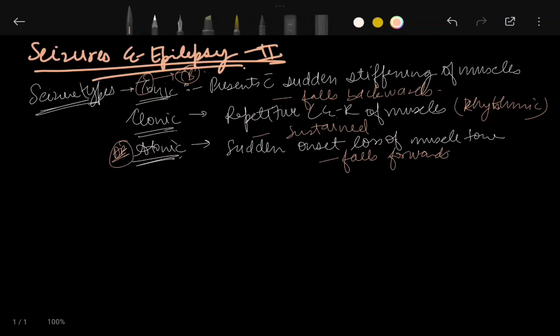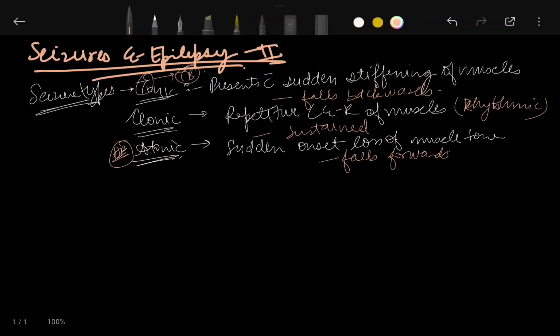Okay, it's like this. There is going to be tonic, clonic, atonic, and in atonic there is a lot of loss of muscle tone,